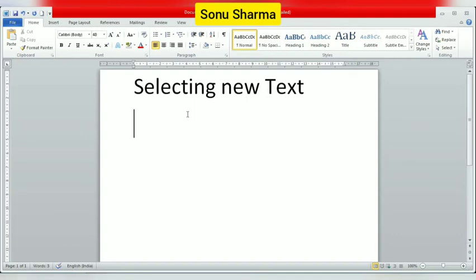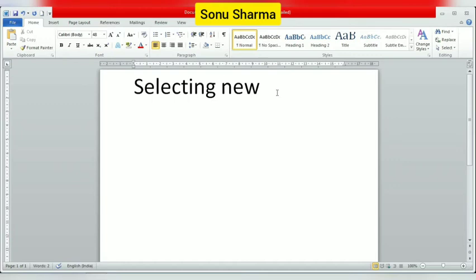Okay. Now suppose you want to delete any word, any letter. So how can you delete it? Place the cursor to the right of your word. Okay, so now the cursor is here. Now click on Backspace. When you click on Backspace, it is deleting like this. And you can try with the Delete button also. To use the Delete button, you have to place the cursor here on the left side of the character, and then press the Delete key, then it will be deleted. Understood?